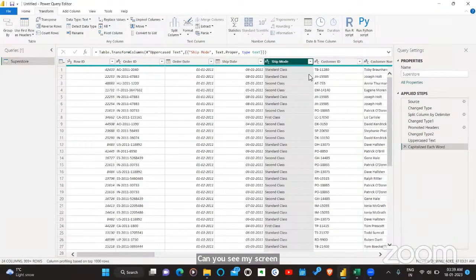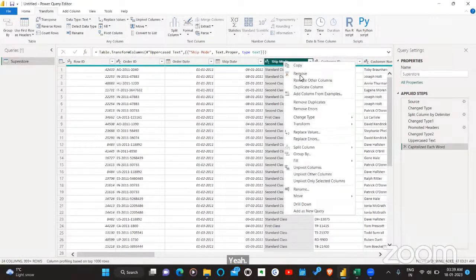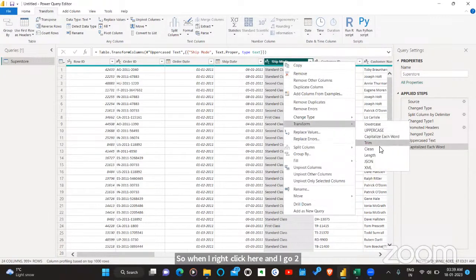Yeah. So when I right click here and I go to transform, I see upper, lower, all the same things which you discussed right now. JSON and XML, what does that indicate?